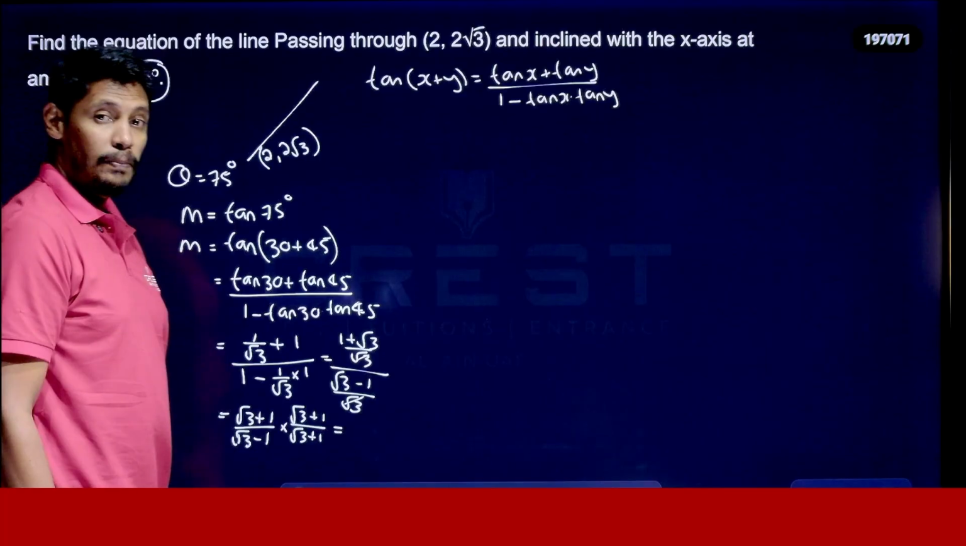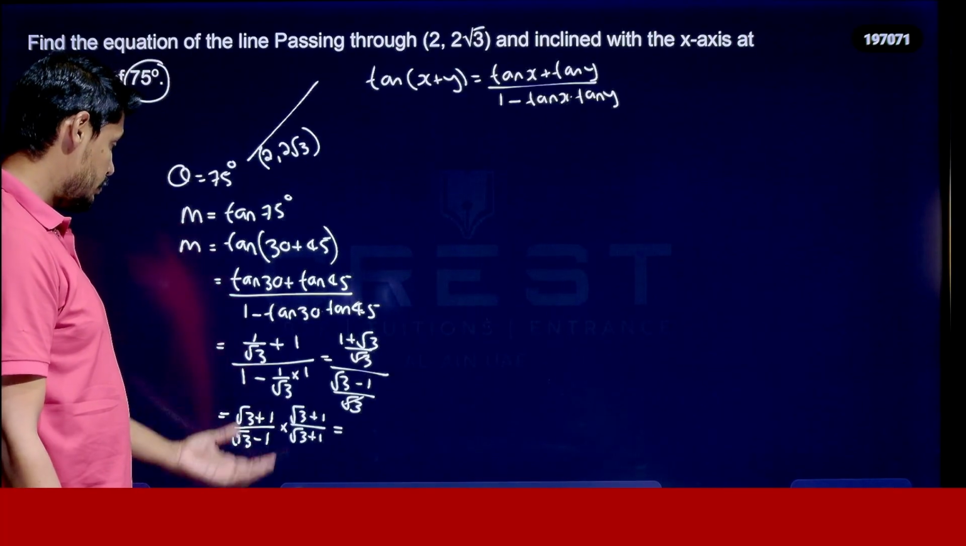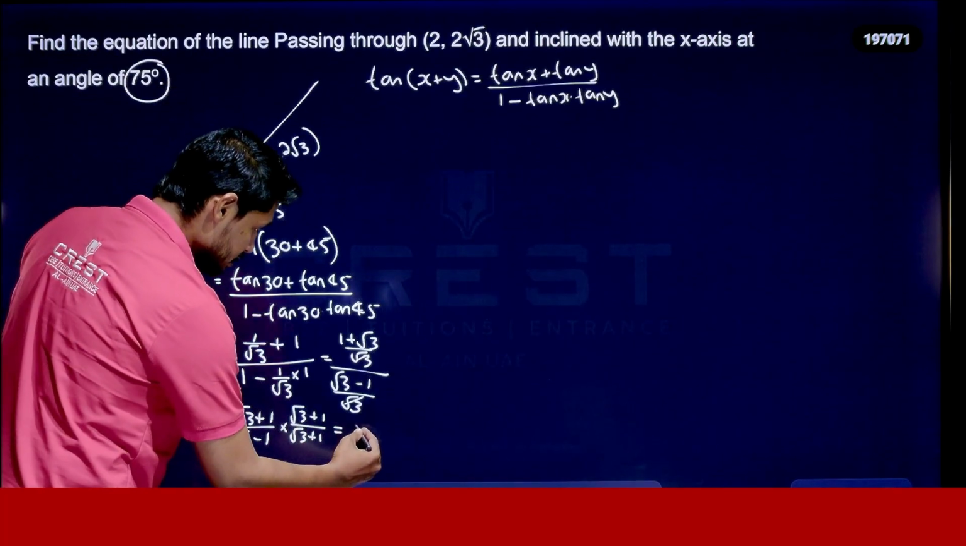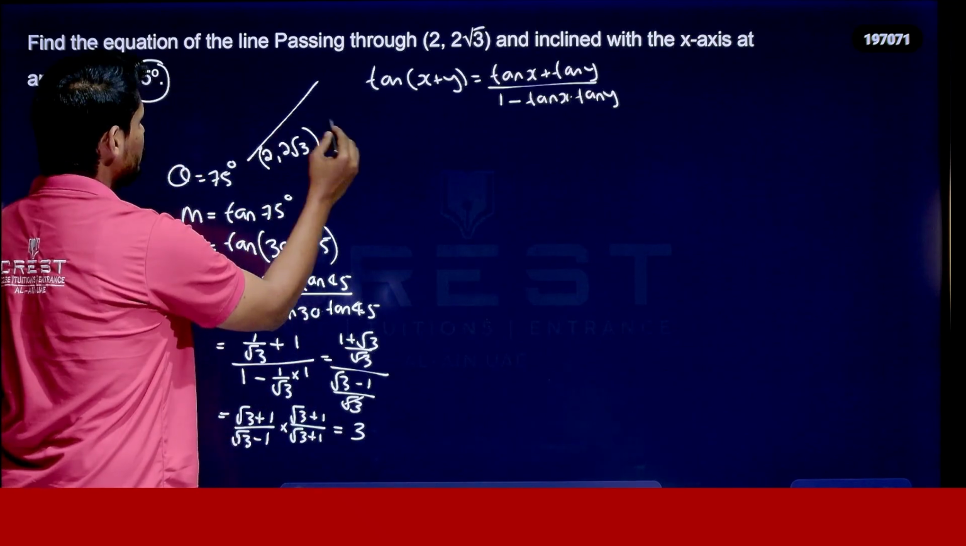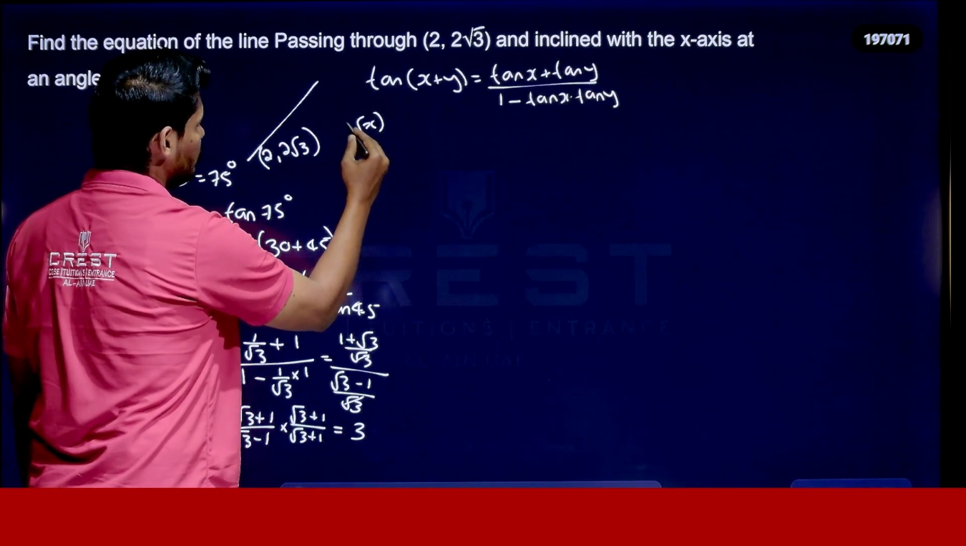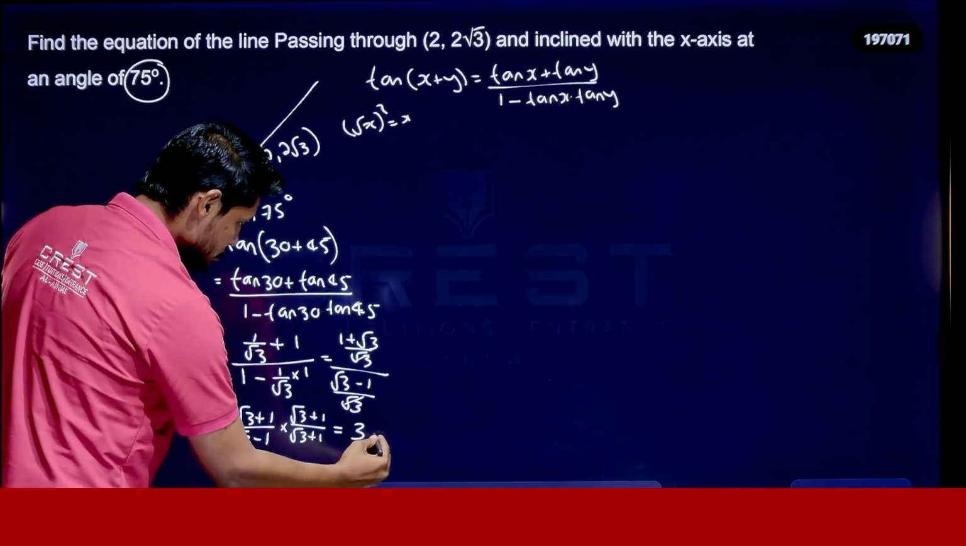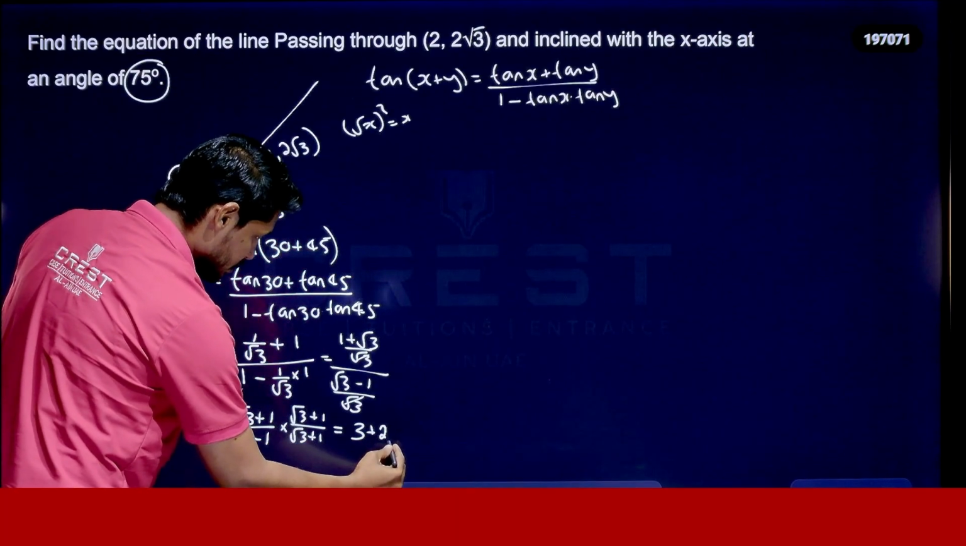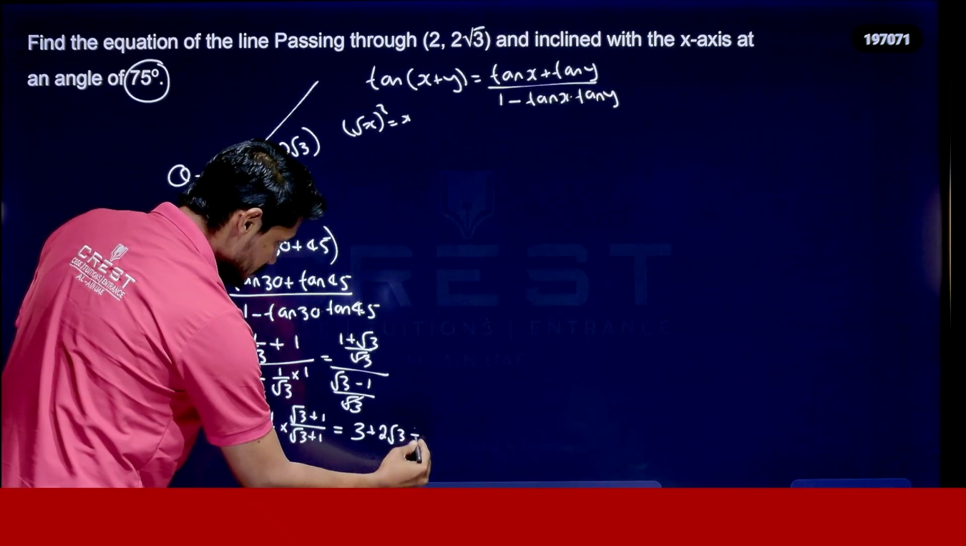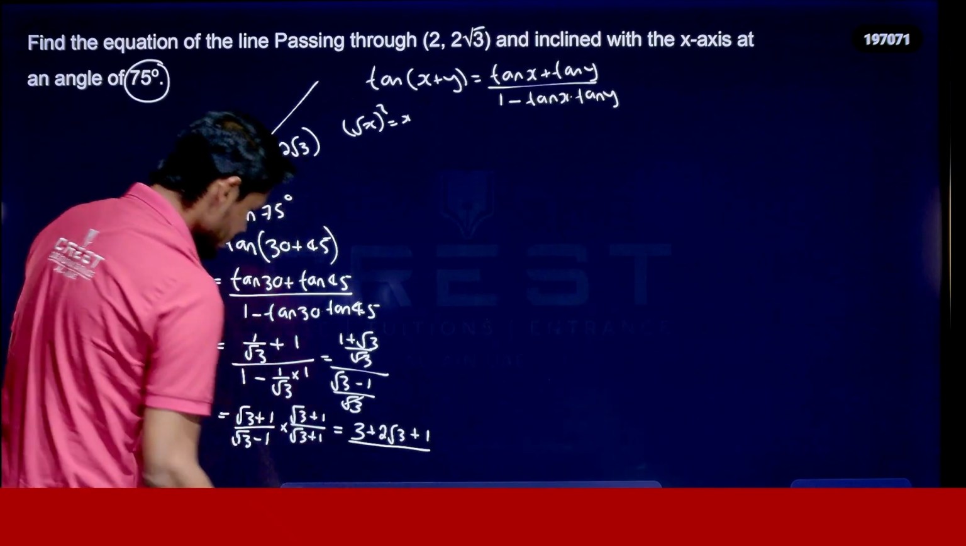And what is (a plus b) whole square? It is a square plus 2ab plus b square. It will become root 3 square is 3. We know that root x square is x. So root 3 square is 3, plus 2ab, 2 root 3, plus 1, whole divided by